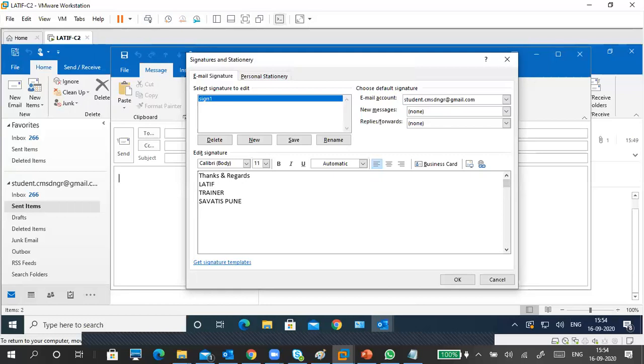Phone number 814-388. So why do we need a phone number here? Like email, like students dot cms dnvr at gmail.